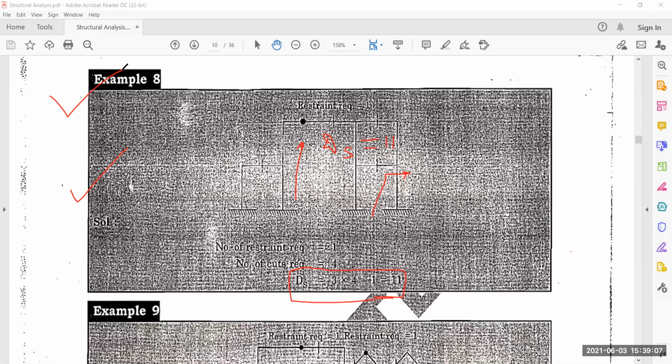Just remember, I think I asked from a regular student, because if I choose someone who is not regular, then he says, sir, I have some work at home or something else. So I think Amrita, can you say how you find DS for beam? I think you are regular. How do you find DS for beam? Okay. Can you explain how you find DS for beams?